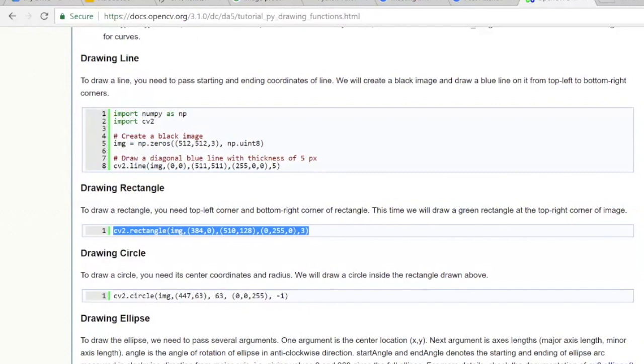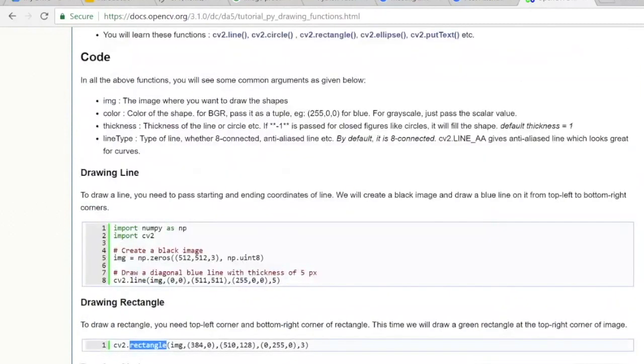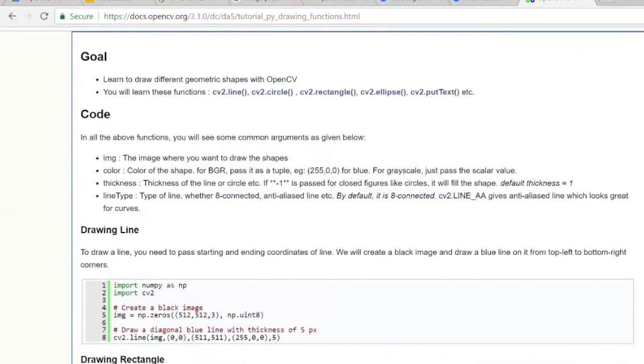I would recommend that Stack Overflow is good for getting the names, but once you know that, you would want to go to the documentation. Always go to the source of truth. In this case, the source of truth is the OpenCV documentation, docs.opencv.org. This is similar to first principles. If you know the first principles, everything else becomes easy. Try to go to the source of truth, the OpenCV documentation.